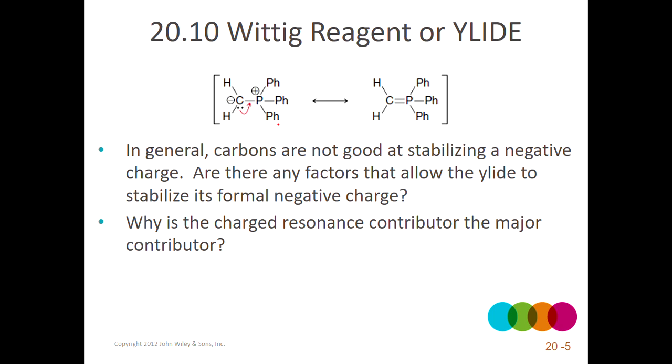So for a long time I had a misconception about this reaction, and you may form the same misconception in your mind if you're not careful here, and that is when you look at these two structures, this one doesn't have any formal charges, so it looks significantly more stable than the other one. And we see phosphorus forming 5 bonds in a lot of different compounds. There's nothing inherently unstable about that, although maybe it's not quite as stable as it could be because it doesn't have a noble gas configuration exactly. But this is the major contributor,